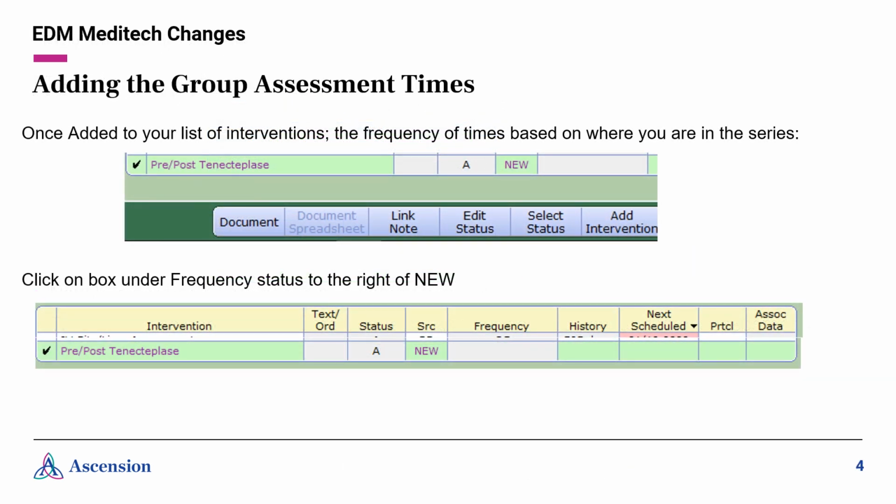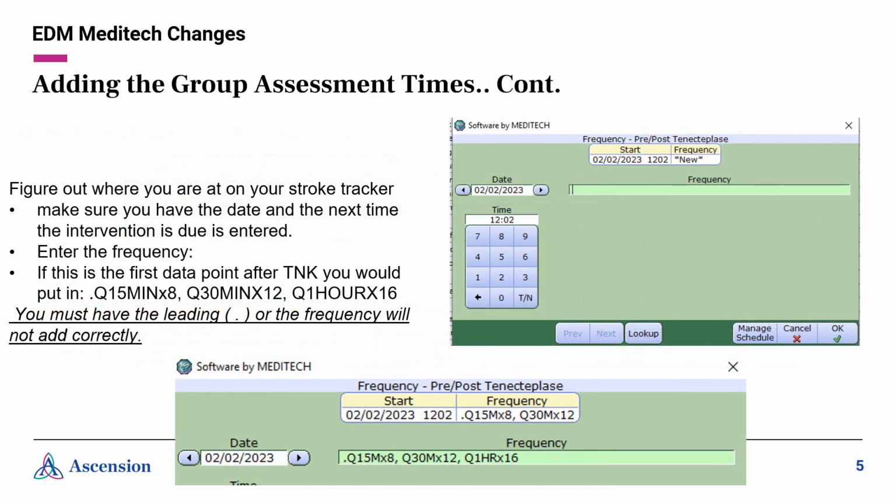Once you have added the intervention to your list, the frequency of the times based on where you are in the series can be added. To do so, you will click under the frequency status next to the right of New. At this point, you need to figure out where you're at in your vitals and neuro assessments based on your stroke tracker. Make sure that you have the date and time the next intervention is due. This is especially important if you're going from